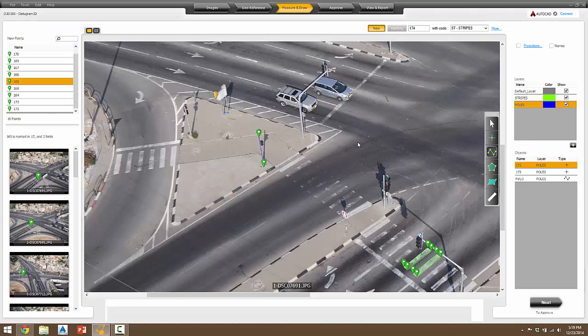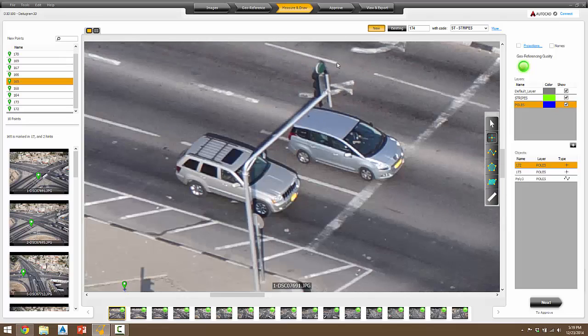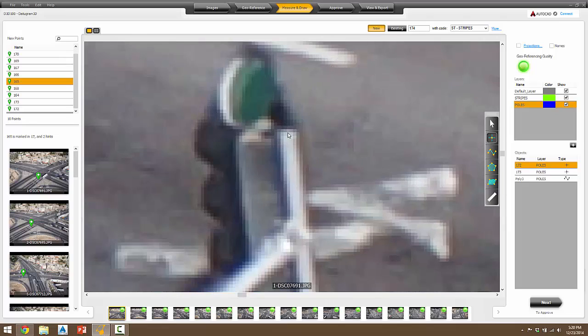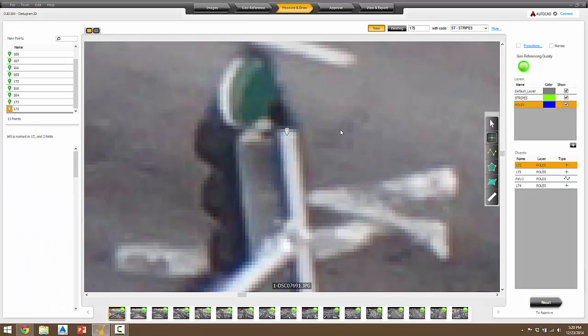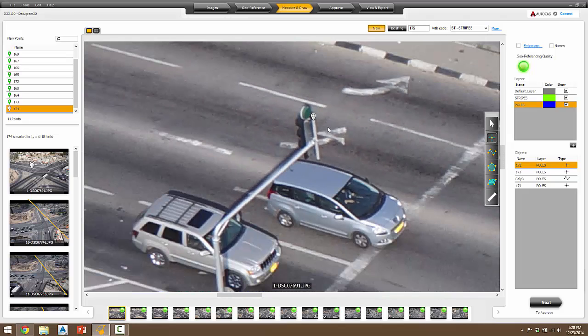But let's go back to measure and draw. Let's just say for a minute we turn off auto find. Okay, I'm going to create a point. And let's just pick the top of this light stanchion here, support. Okay, so now I've turned it off, so it's not going to go find that in other screens. But occasionally you'll be drawing, you may not get green results, and you might have to manually go in